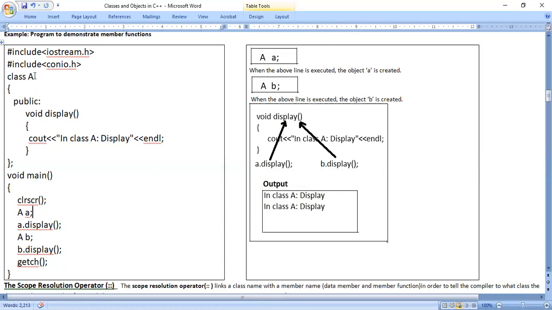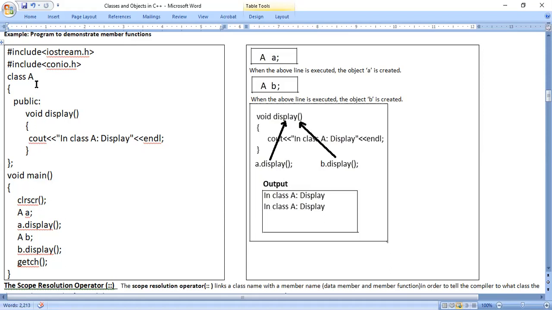That means I have used capital letter A as the class name and small letter a as the object name. The compiler will not get any confusion, because wherever capital letter A comes in the entire program, it is considered as the class name. Wherever small letter a comes, it is considered as the object. So in identifiers, if you use capital and small letters separately, they are treated as separate identifiers. There is no confusion at all.